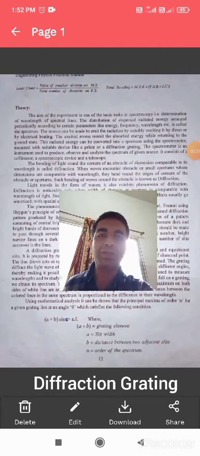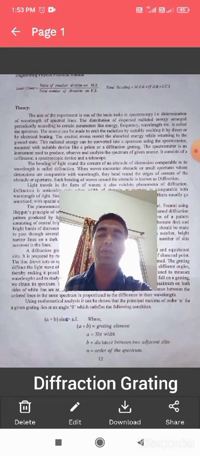Now what is the formula for calculating the total reading? MSR plus VSR into LC. MSR means main scale reading plus VSR means vernier scale reading into LC, that is least count. Least count is 1 minute. Okay. So MSR is the reading where the 0 of the 0 to 30 vernier scale crosses the main scale. That is the main scale reading. Then VSR is the line which is exactly coinciding with the main scale. That is called the vernier scale reading into least count, that is 1 minute. Okay.